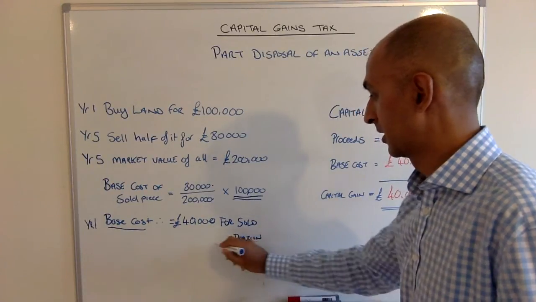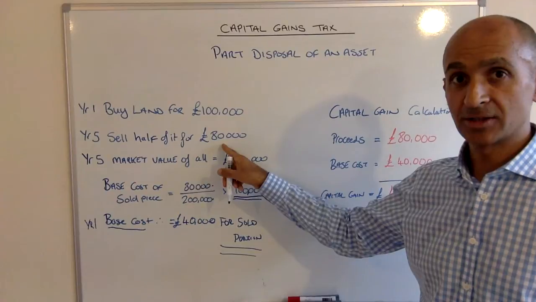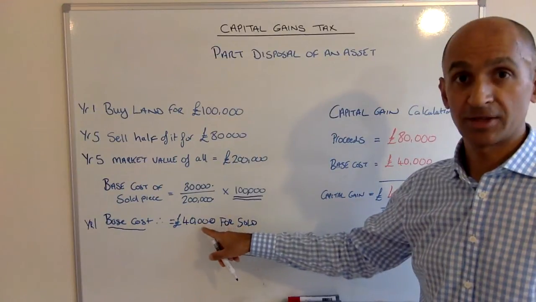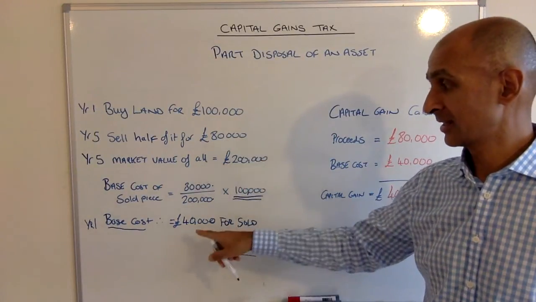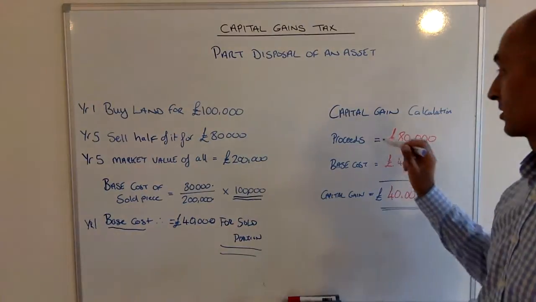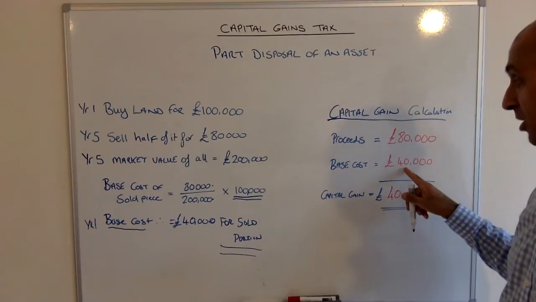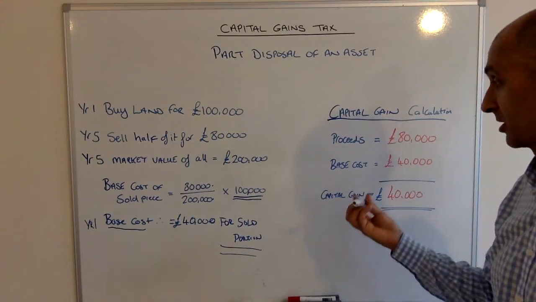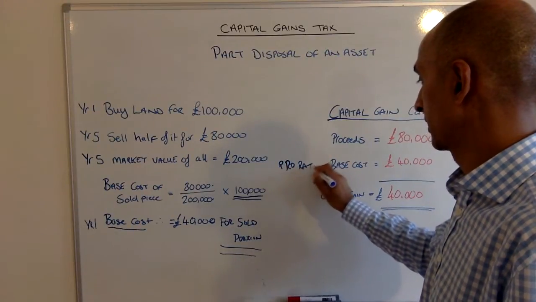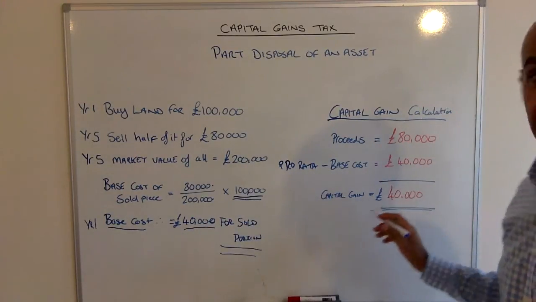So it's a very simple pro rata calculation to do. So now we can say that for the £80,000 that he got for the half of land, that in theory would have cost him £40,000 when he bought it. So now we have proceeds and we have a year 1 cost. So then we just do a straightforward capital gains tax calculation. The calculation would just be the proceeds of 80,000 minus the assumed base cost, the pro rata base cost, if you like. I'm just going to write pro rata in here. P-R-O-R-A-T-A. The pro rata base cost of 40,000, which is what we calculated,